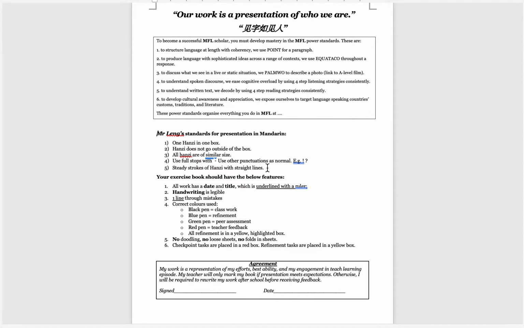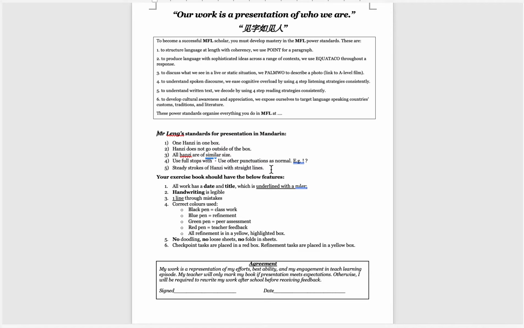Now, for number 5, people are going to debate on this, but from my experience, students do know how to curve. How much curve? 20, 30 degrees? How long is the curve? It's going to create a whole mental craziness in their head, and it's going to slow people down. So at the beginning, for the learners, I told them all curved lines can be done in straight lines, and with the exposure later on, when they are seeing more and more handwriting by Chinese people or the printed text in textbooks, they will adapt by themselves.